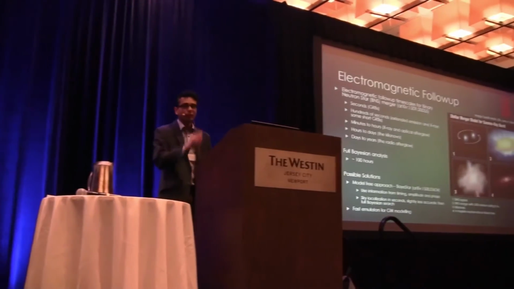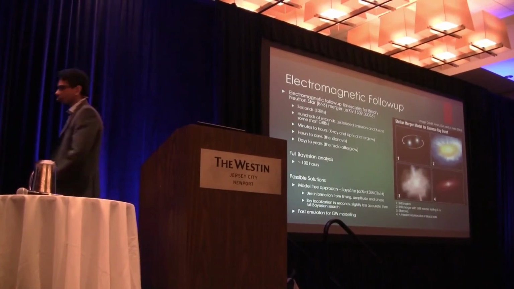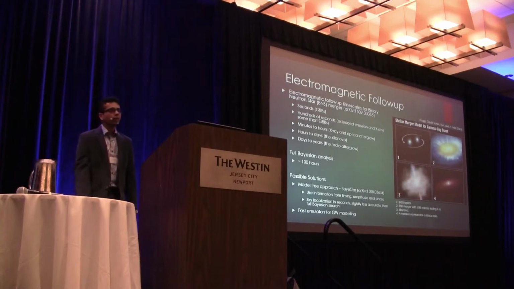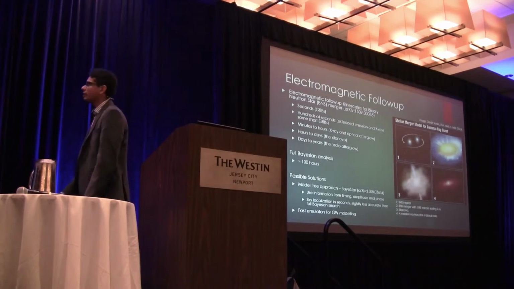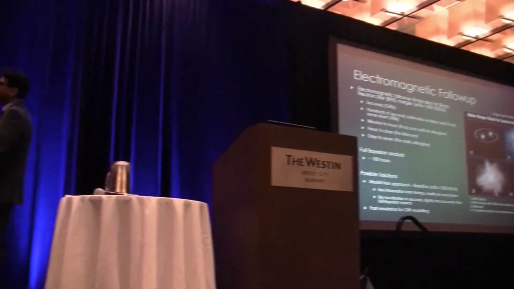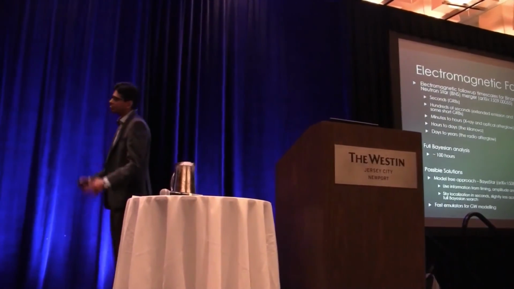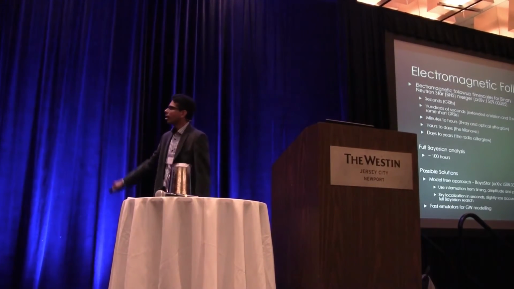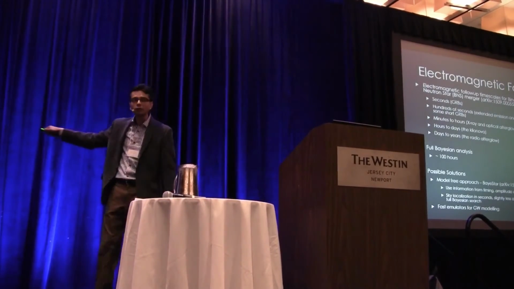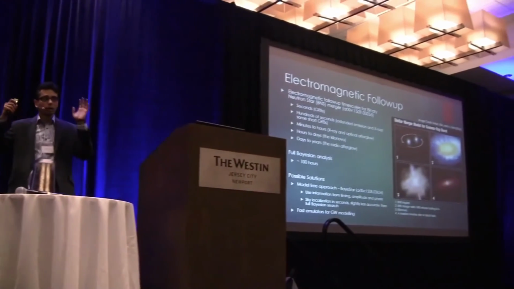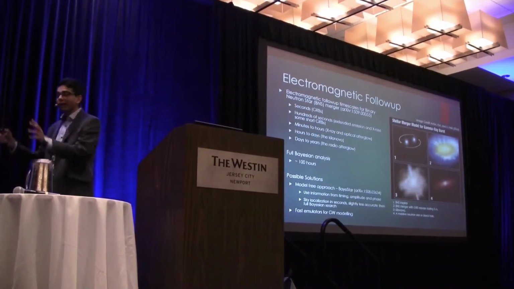Another area where machine learning can be very, very useful is in order to do electromagnetic follow-up. So as I said, this is a time game now. If we want to do electromagnetic follow-up, we want to make the detections as soon as possible. So here is an example. If we are looking for the merger of binary neutron stars, what happens is the binary neutron stars are whirling around each other. Eventually they come together, and when they come together, they release a lot of energy in gamma rays. Gamma rays are extremely energetic electromagnetic radiation.